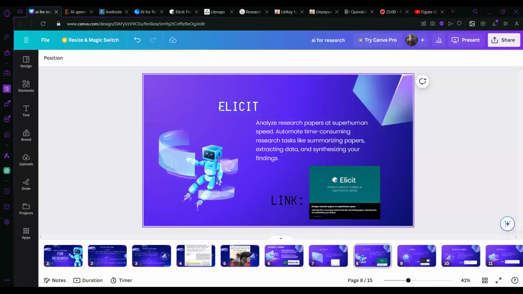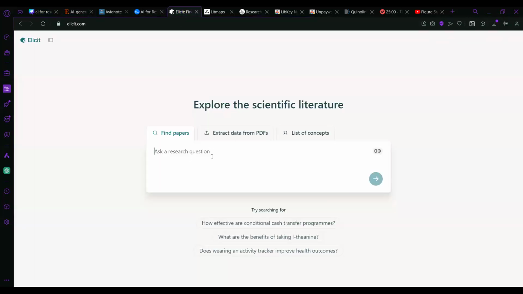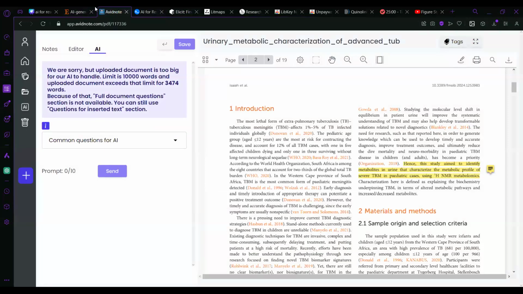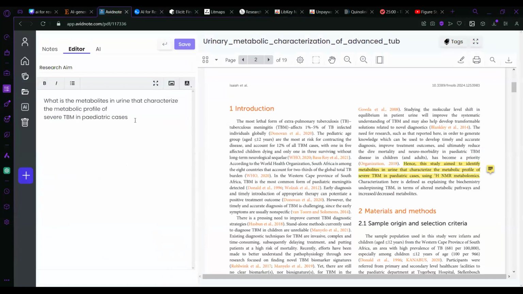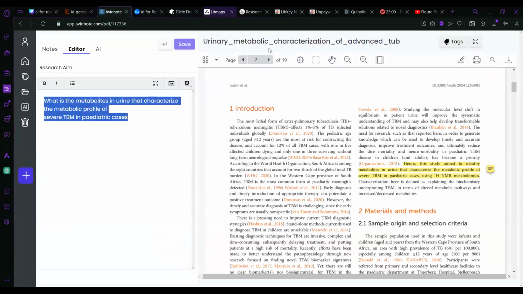So yeah, Elicit is next. Elicit is a way for you to analyze a bunch of papers very fast. And what is also super cool about it, I just quickly want to go back to my Avid note. I just wrote something here.